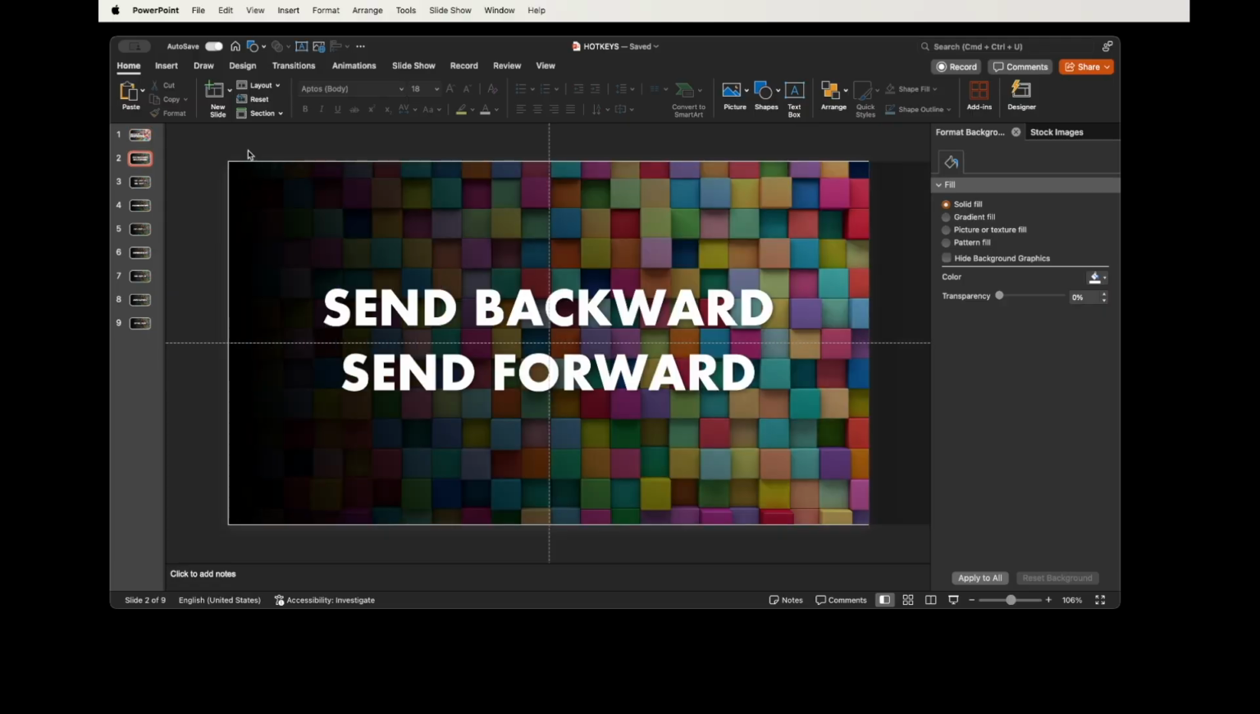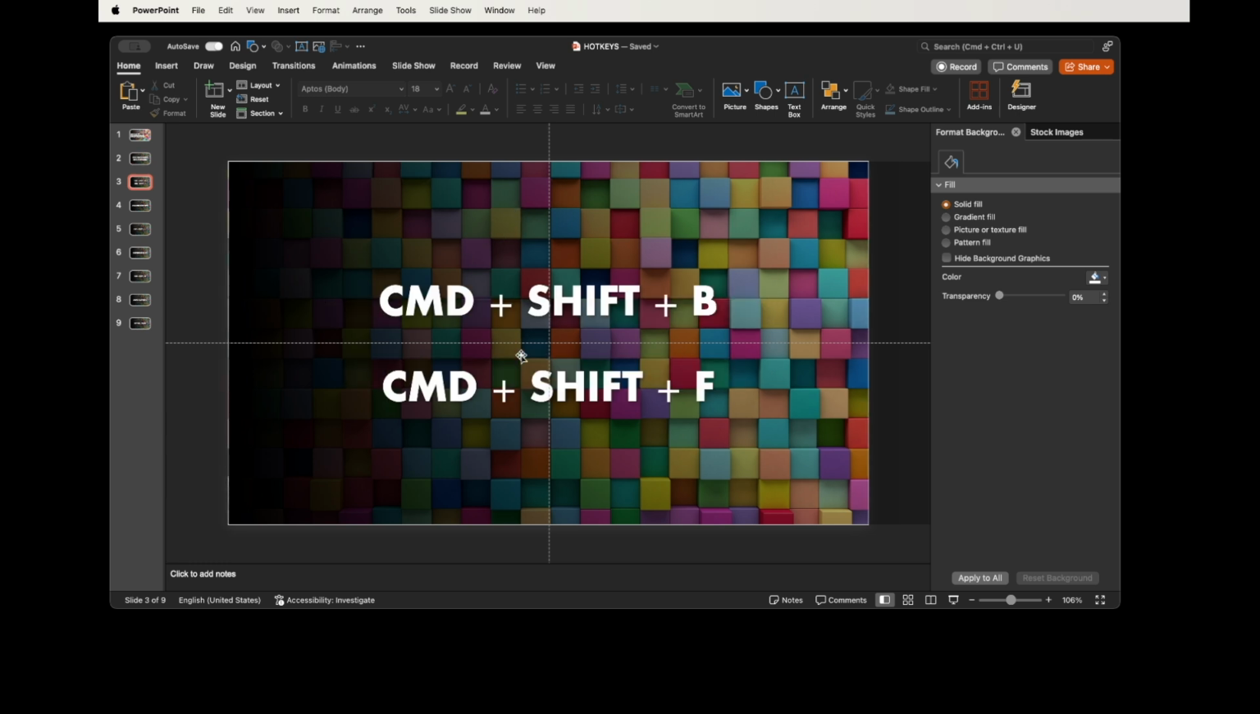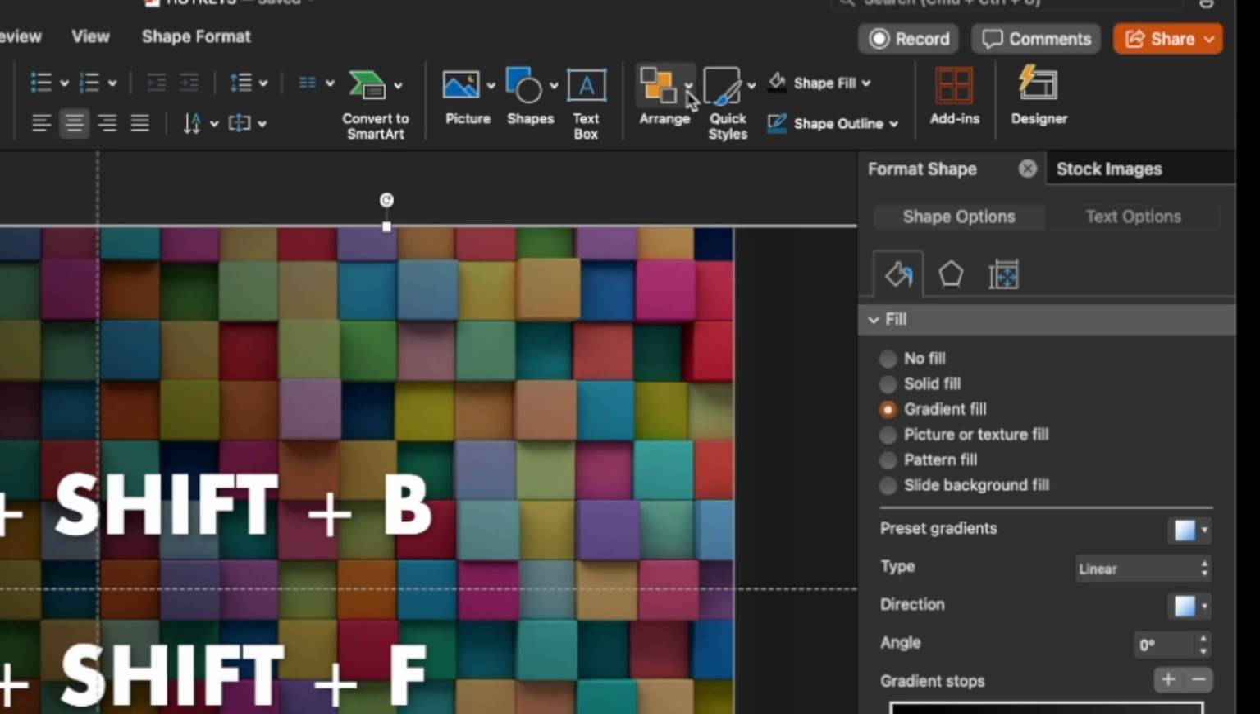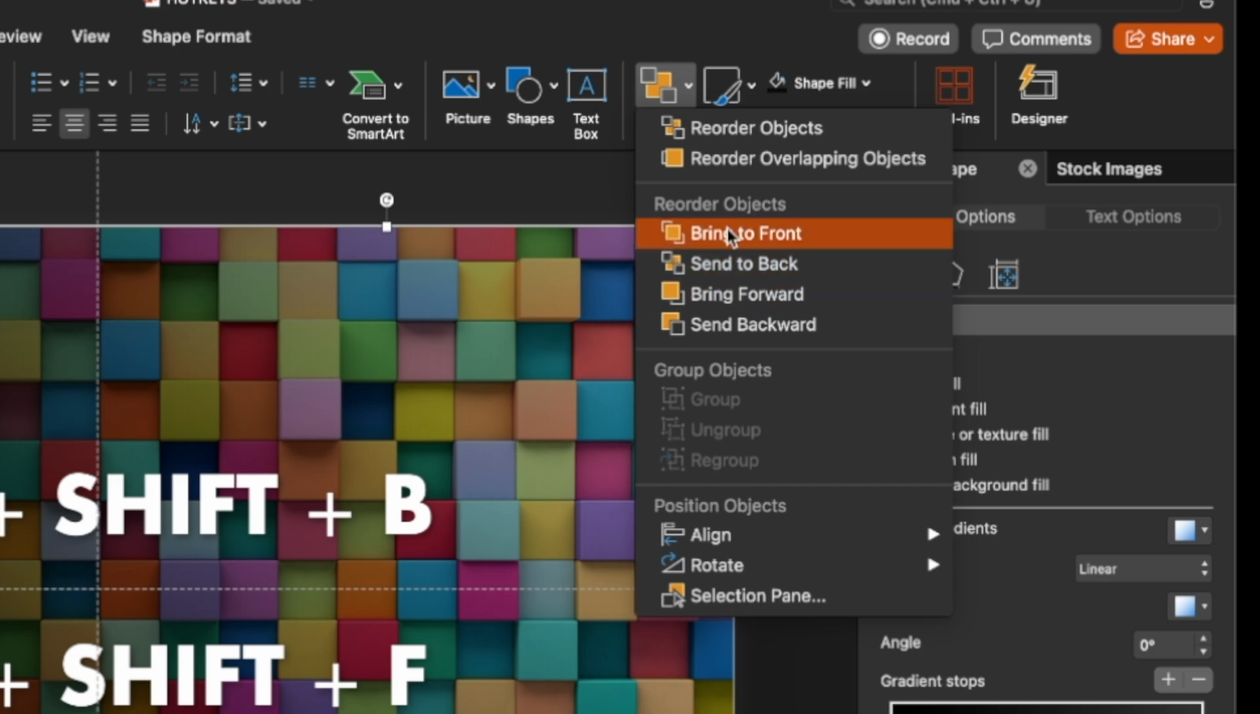Starting with number 1, send backwards and send forward. I use this all the time to control where an object is on the screen. The way you do this is Command-Shift-B. Anytime I say Command, just replace that with Control for Windows. So I'm on a Mac. Command-Shift-B, Command-Shift-F. And what this will do is, instead of clicking Arrange, Send to Back, Send to Front, it